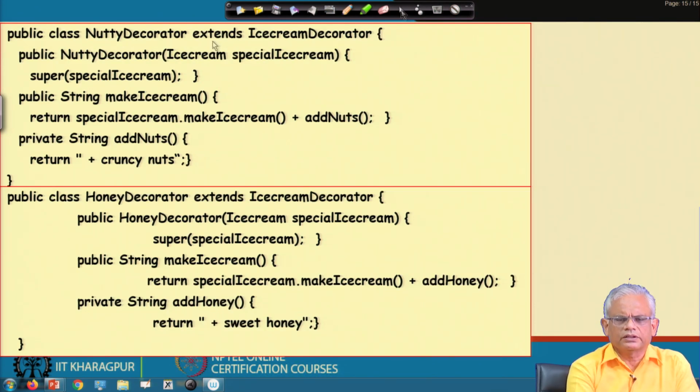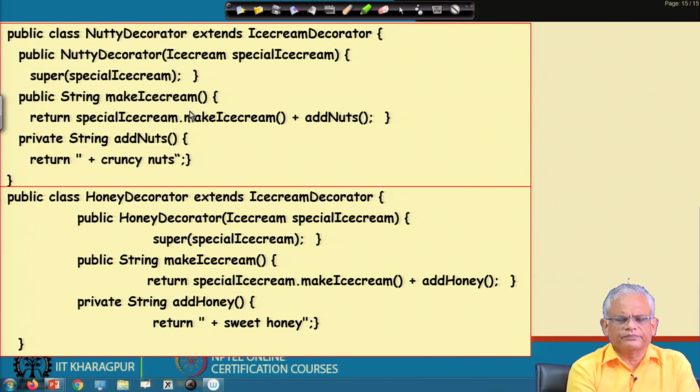Now, the knotty decorator extends the ice cream decorator, which is an abstract class, and the knotty decorator is a concrete class. The constructor takes special ice cream as an argument, and then just calls super special ice cream, so that the reference gets stored.